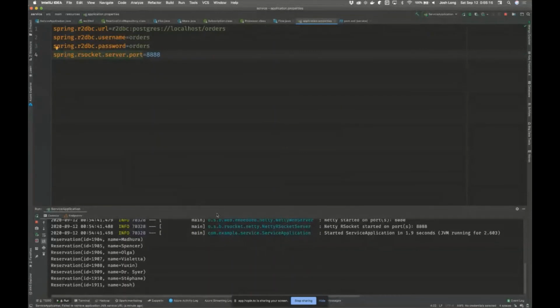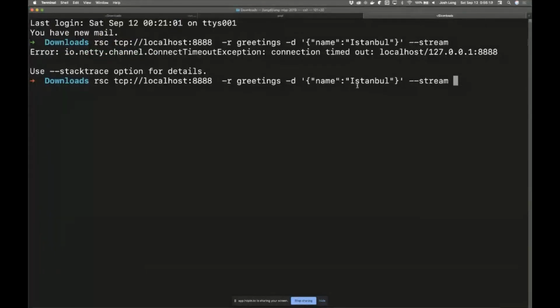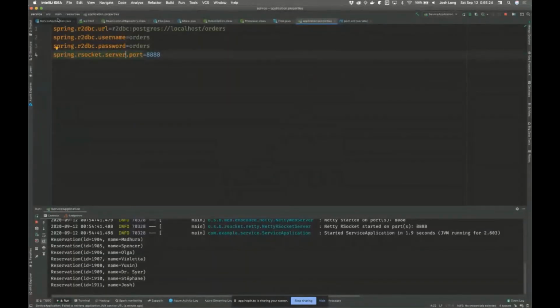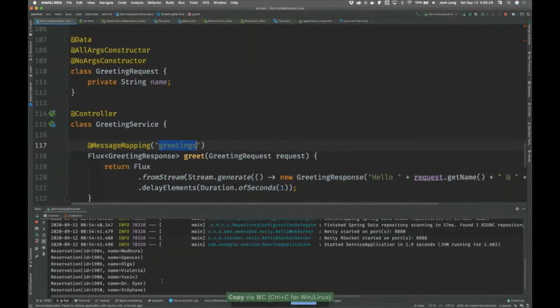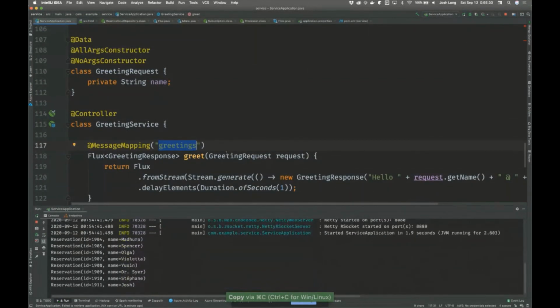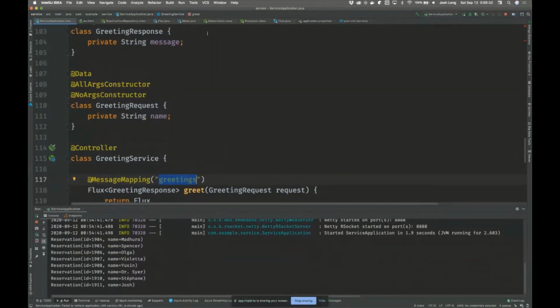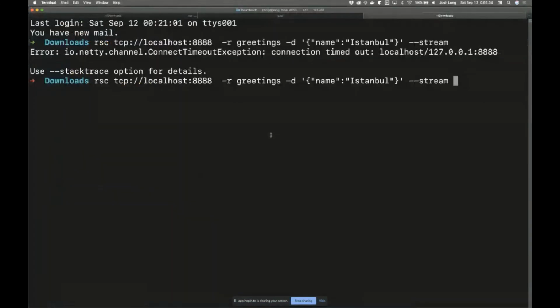Localhost 8888, did I not do that wrong? What endpoint did I call it? Greetings. It's on port 8888. Greetings.